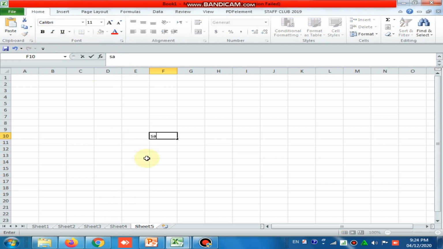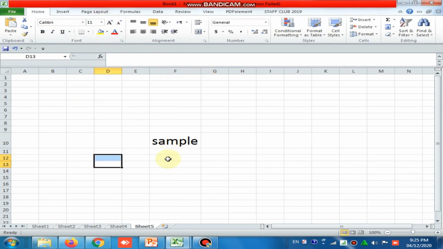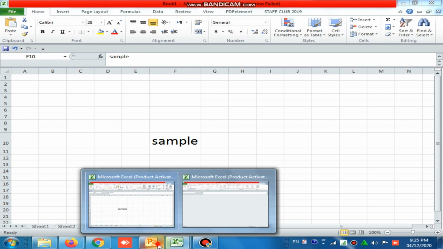I will type a sample here. It is normal text. If you want to change the font size, just select it here and make the font size big, 28. You can adjust it like this. If you want bold, you can make it bold, or italic, or underline the word. If you want to remove bold, italic, underline, click the same button again. Similarly with shortcut keys: Control plus B for bold, Control plus I italic and Control plus U underline.